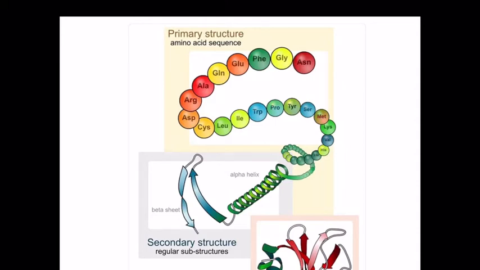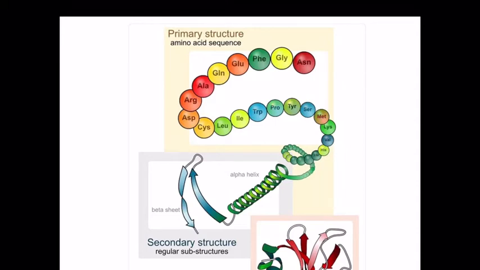Okay, so let's keep looking at the structure. We have our primary structure, our sequence of amino acids. We have our secondary structure, which are the twists and bends that begin to form in this growing chain of amino acids. In this top picture, we're looking really closely so we can see the individual amino acids, but then we pull out a little and look from farther away, and we can see the coils and the twists.